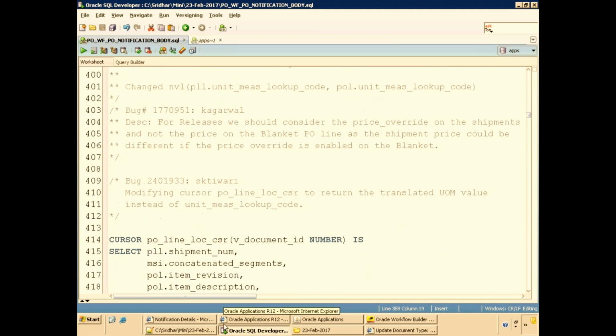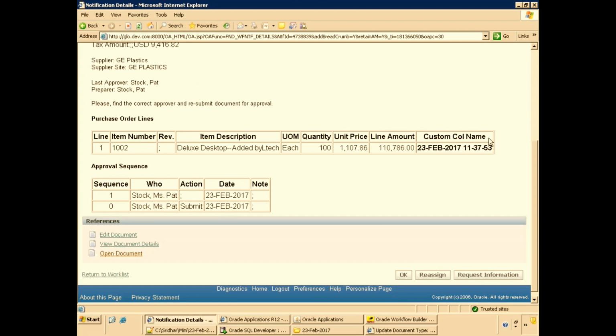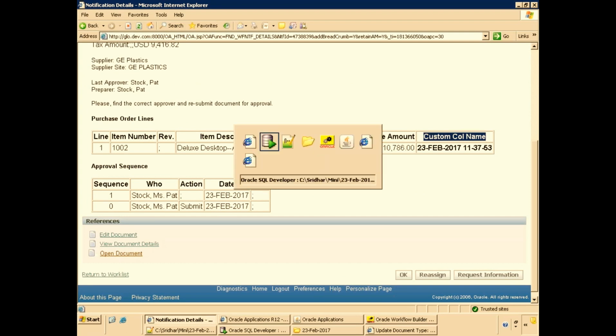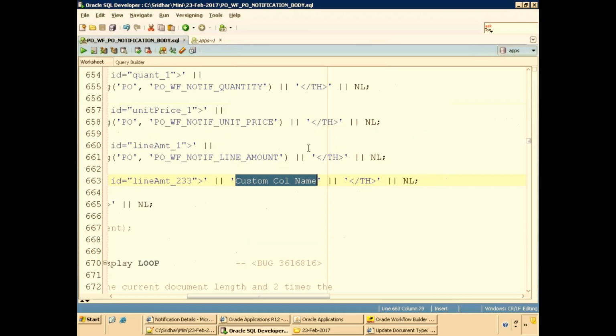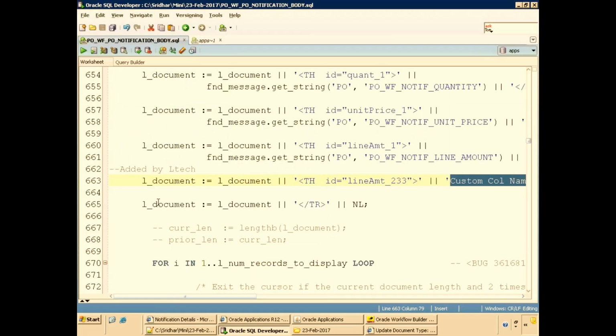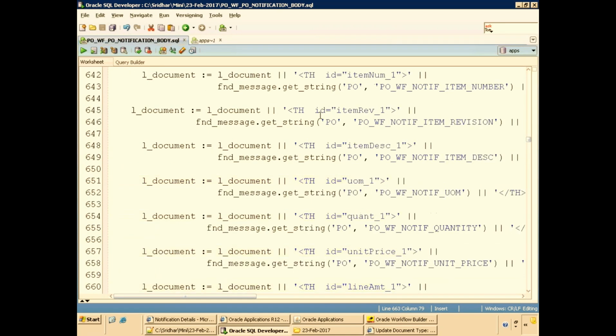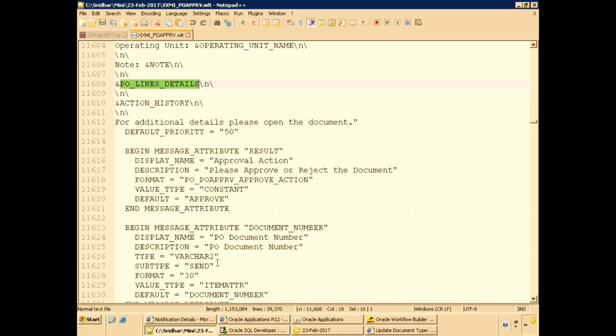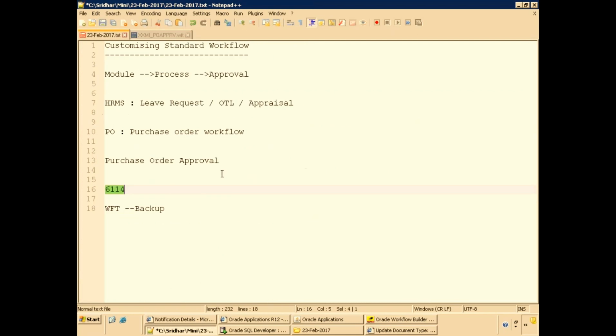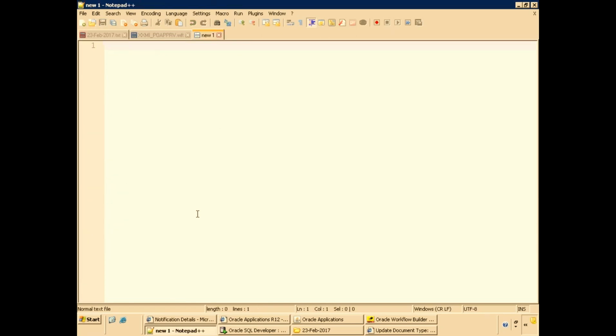And here, if you observe, I just added this custom message. Just check this one, custom column name. Can you see? Custom column name. So here, what are we doing? We use TH table. This is HTML content. So in the HTML, I'll tell you. Generally in the HTML language, if you want to display any table region, I'll just show you.